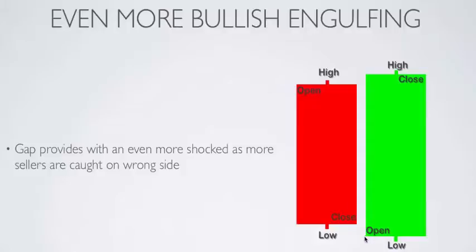Why? Because we gap down the day after, and all these sellers here are seeing even more profit, and they feel that this gap down is what they really needed for this stock to drop. But they get surprised because the stock rallies and then closes at the high. So they are both bullish engulfing, but this one is just catching a bit more traders on the wrong side, especially all the ones that went short at the opening because they believe that this was it. They see the big sell-off bar, we gap down, which is bearish, and people will go short even more.